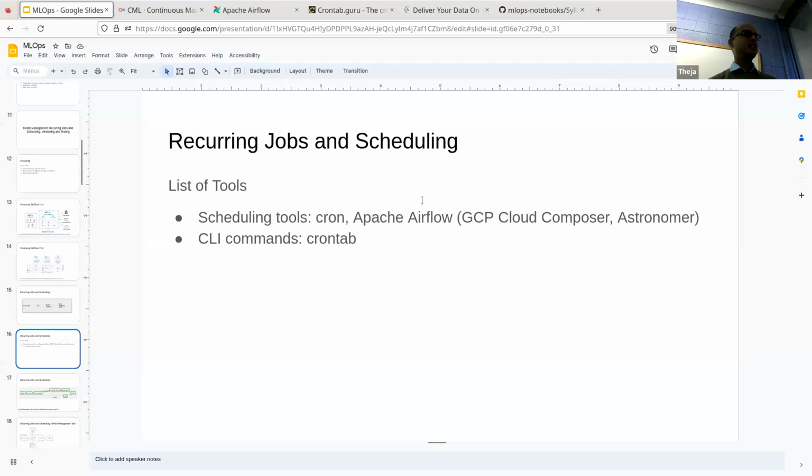So the other end of the tool spectrum is called Apache Airflow. Apache is just the name of the organization which incubates this open source project called Airflow. By the way, Airflow is a tool from Airbnb from 2015. So about 9 years ago, Airbnb developed that tool and open sourced it. Then a software organization called Apache took it on and incubated it. Apache's claim to fame is that there used to be a web server called Apache Server, which is still used for serving websites in general.